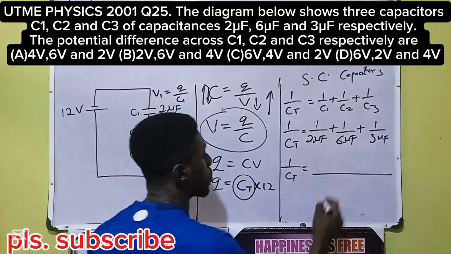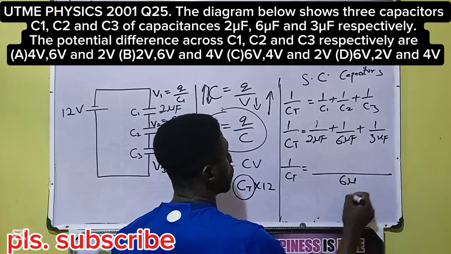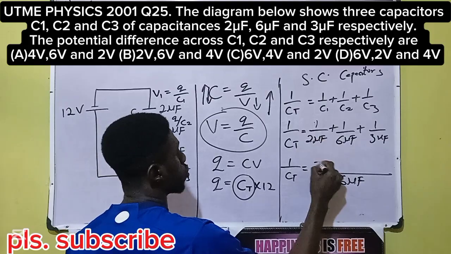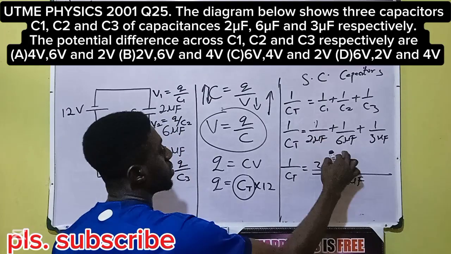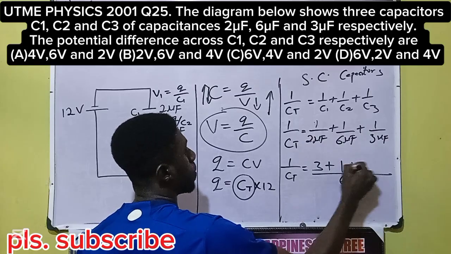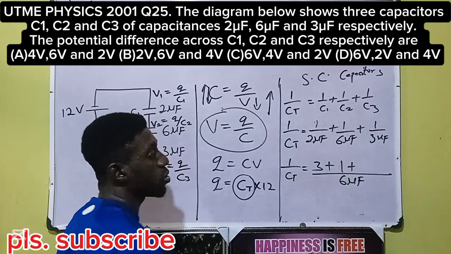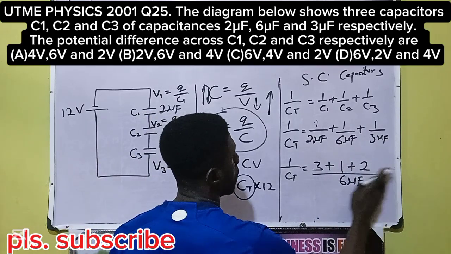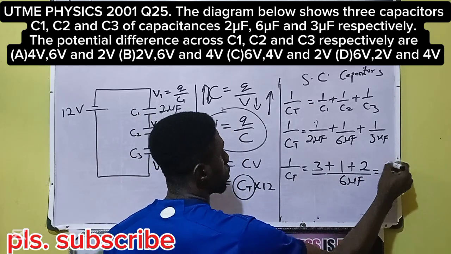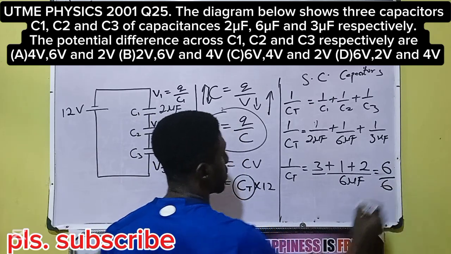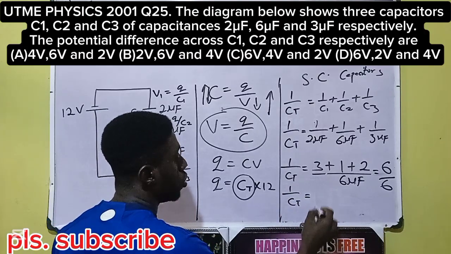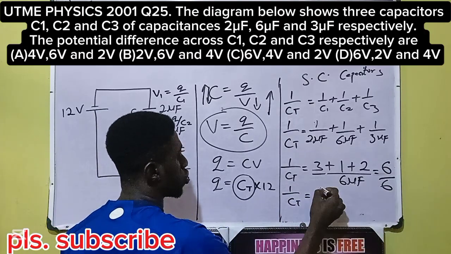Then also put your microfarad, 6 microfarad. 6 divided by 2 is 3, 3 times 1 is 3, plus 6 divided by 6 is 1, 1 times 1 is 1, plus 6 divided by 3 is 2, 2 times 1 is 2. So our numerator becomes 6 over 6. Therefore, we have 1 over CT is equal to 6 divided by 6, which is 1